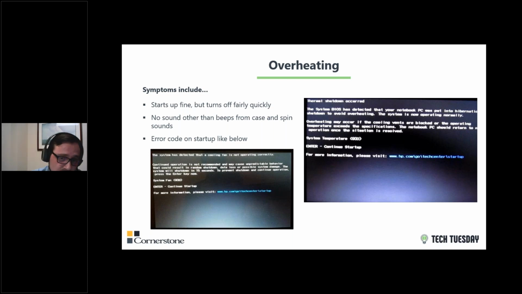Also, you could see one of those error codes up on your screen. The simple way to know if it's probably something like this is to look at the fans in your computer. A lot of times it'll be a desktop computer like the one I'm using. There will be little vents here on the front. Those vents are for air intake, and you should be able to see some of those slats from that little overview that I gave you. Those slats are for air intake, and there are little fans behind there. You want to make sure that those are clear and operating normally in order to make sure your computer doesn't overheat.